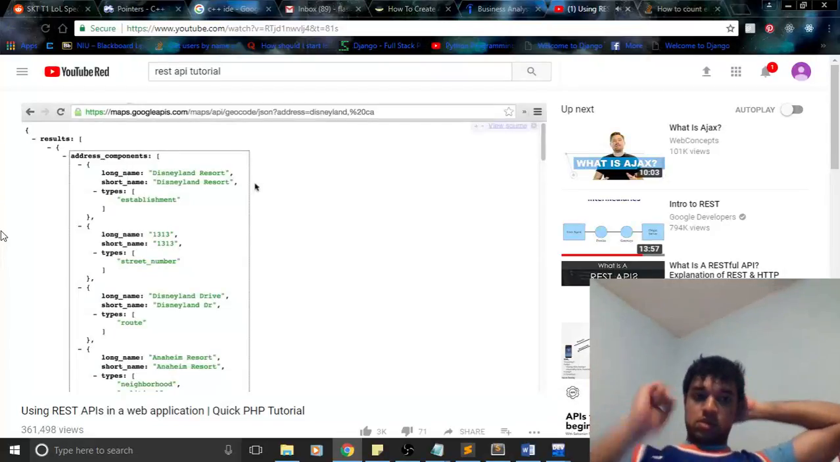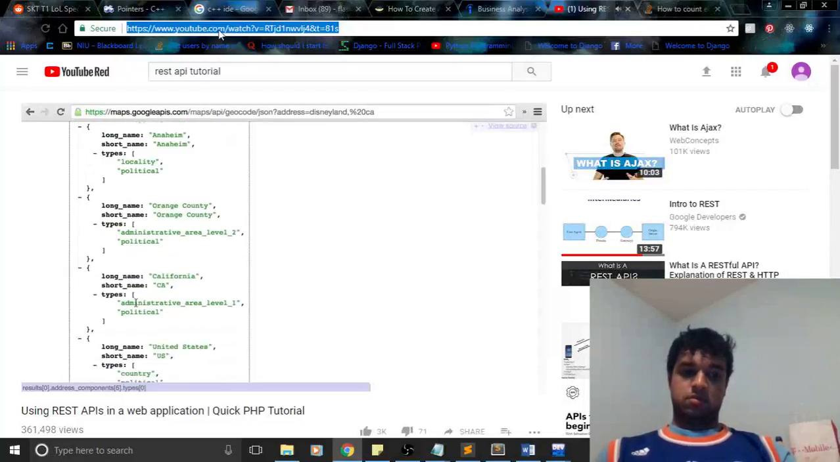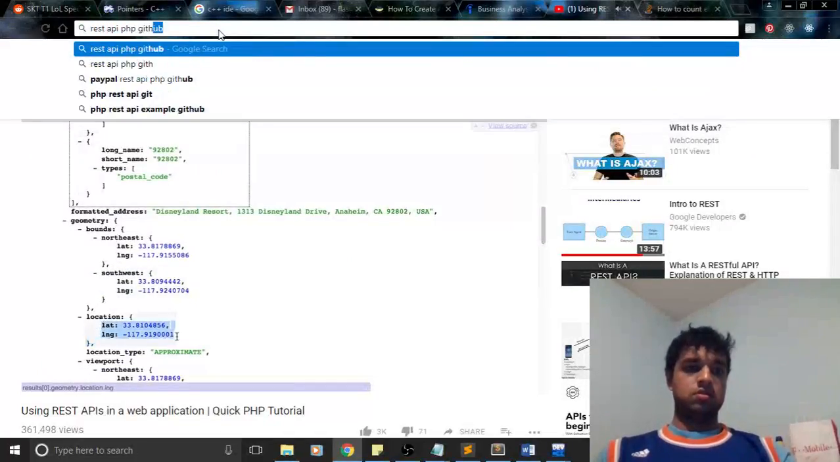Okay, back to getting our data from the Google Maps API. Looking one more time at the JSON response in the browser, we can see that the data we're interested in is contained under the lat and lng values all the way down